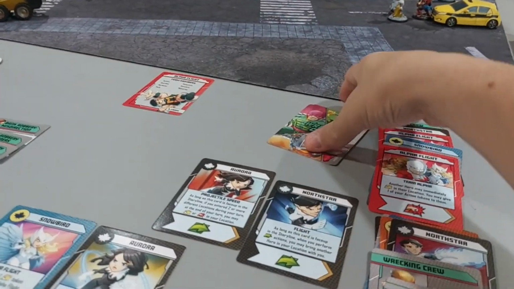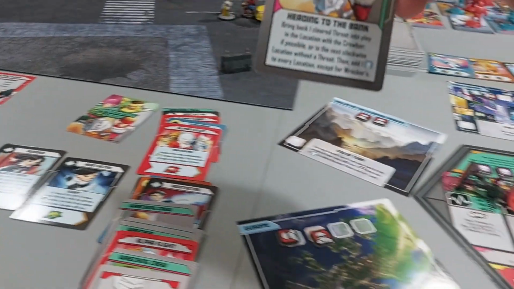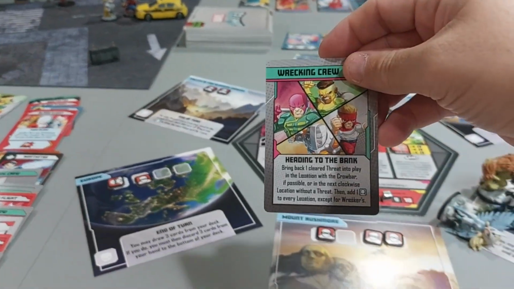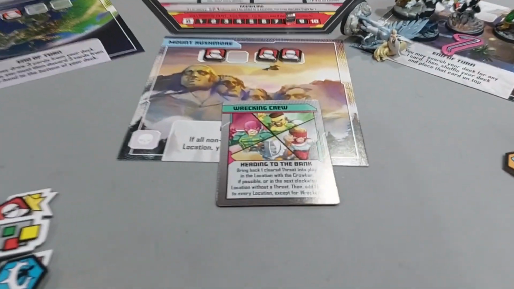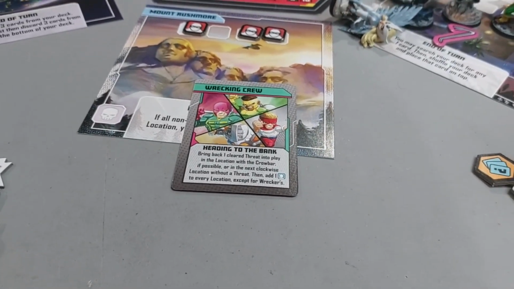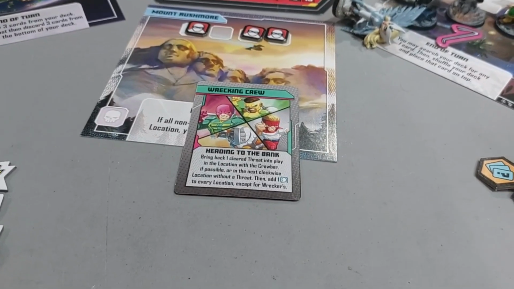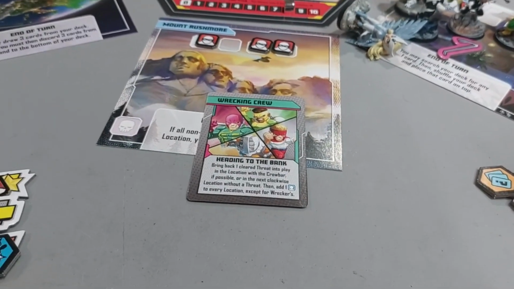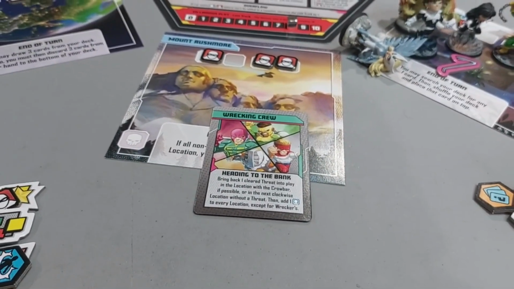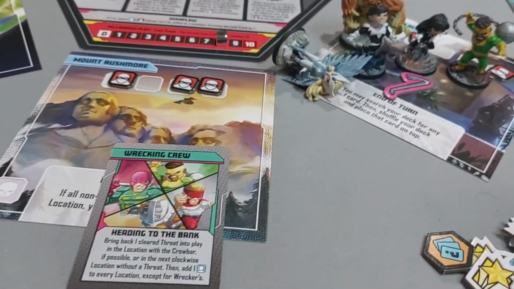Okay. Their turn. How many? They have 2 cards left. Okay. What are they having, all their special effect cards? Heading to the bank. What's this? Uh-oh. Bring back 1 cleared threat into play in the location with the crowbar. Oh, that's where we are. If possible. Or the next closest location without a threat. Then add 1 to every location except Wrecker's. Oh. Well, that would have been...